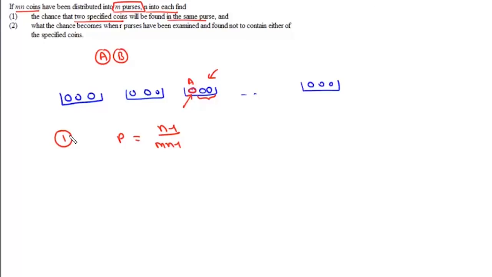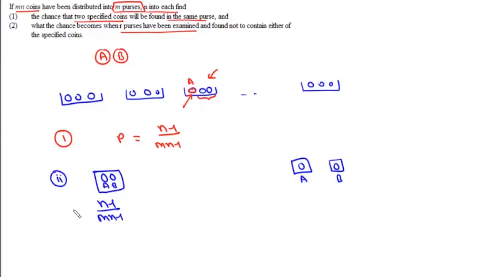Now second part is what the chance becomes when R purses have been examined and found not to contain either of the specific coins. Now here there will be two cases. Case 1, when both the coins are together, and second case when they are in separate purses. Now the probability that they will be together is given by (n minus 1) upon (mn minus 1), and the probability that they will be in separate purses will be given by 1 minus p, and it will be (mn minus 1